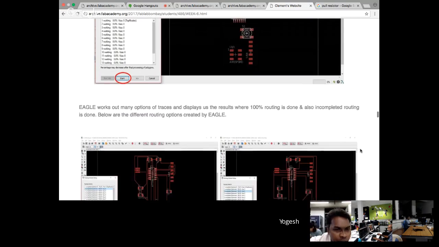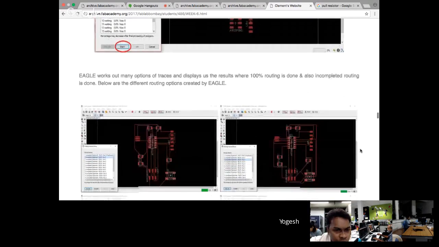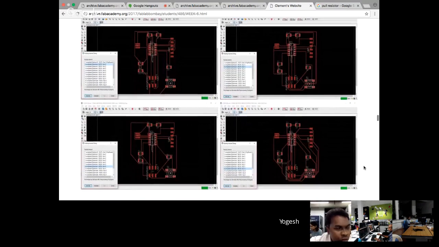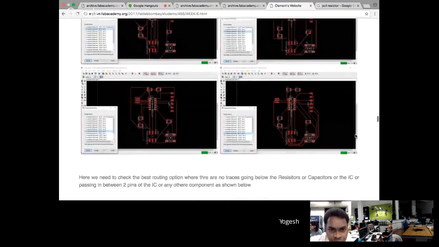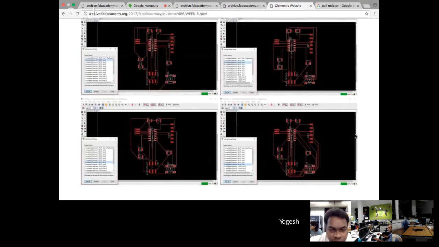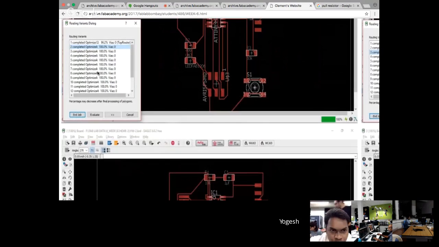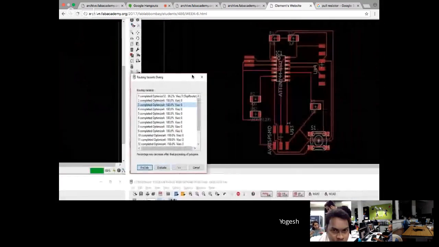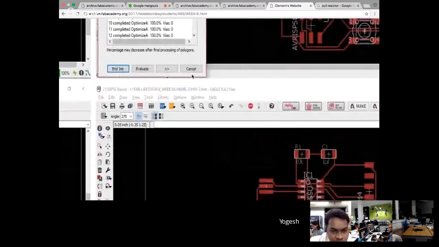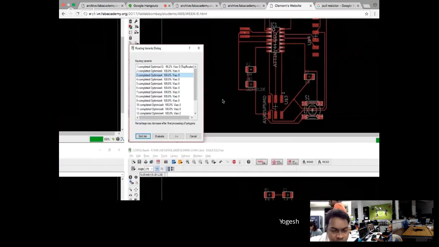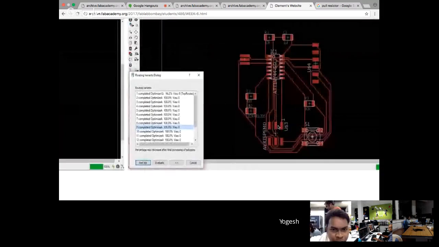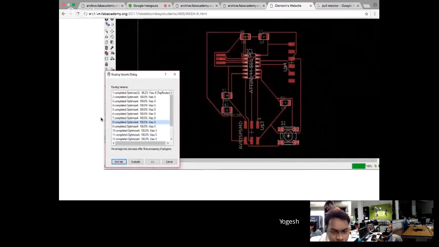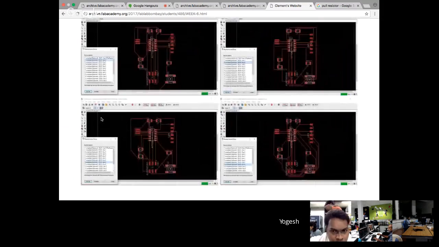And when we start the auto routing, it gives a number of options for creating the traces. These are the different options that Eagle creates. Each option has a little change, and 100% we can change it with manual routing. So this is just the initial